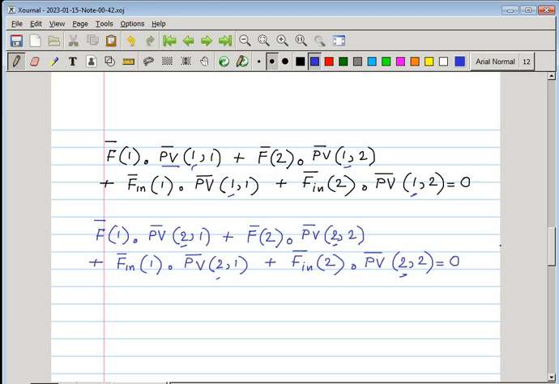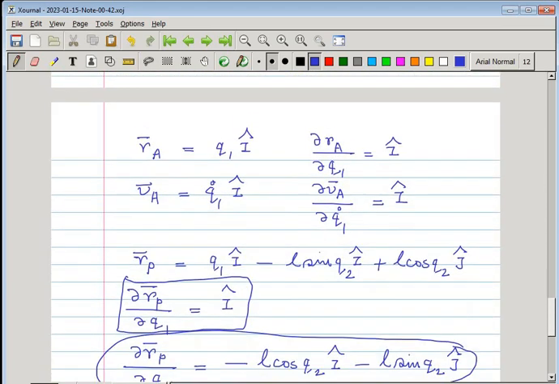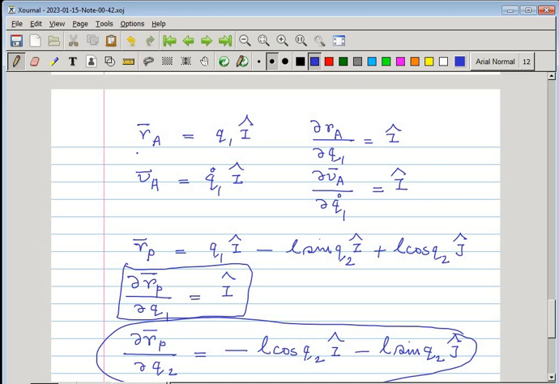So now these are the two equations, and if you check, so from here see RA equal to